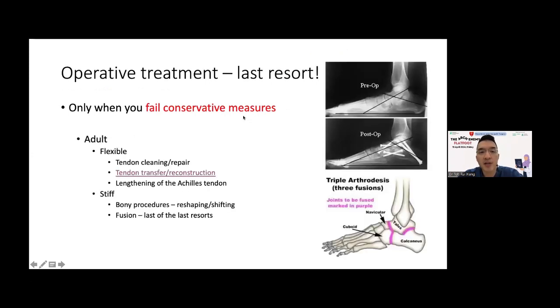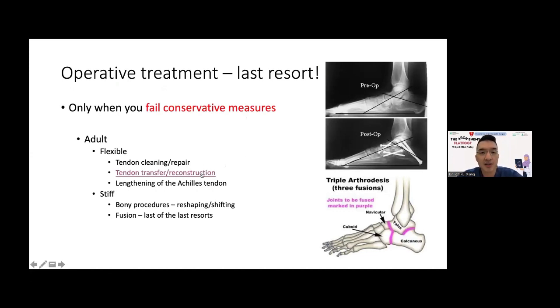The next stage would be adults who have a flexible flat foot. As mentioned, it's often due to tendon dysfunction of the posterior tibial tendon, and we will assess the tendon clinically as well as with MRIs and X-rays to decide if you require any tendon cleaning or repair. Sometimes we do a tendon transfer or reconstruction if it's completely destroyed or damaged, and we still do a lengthening